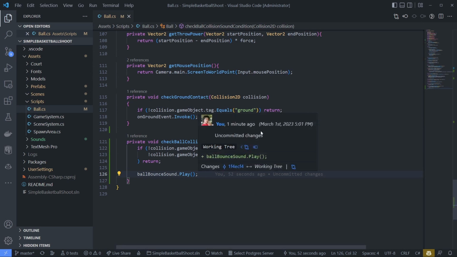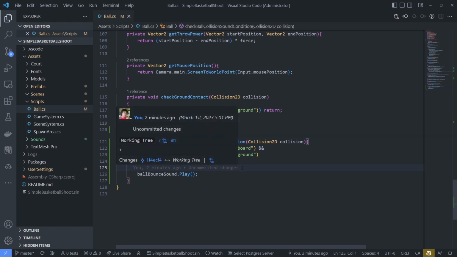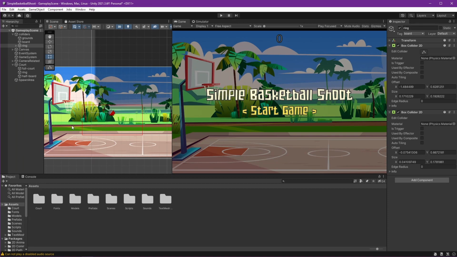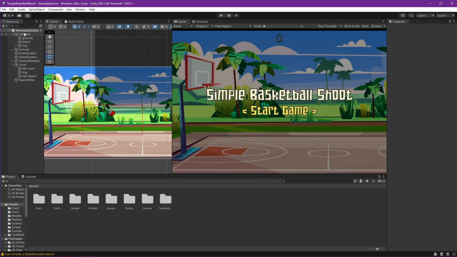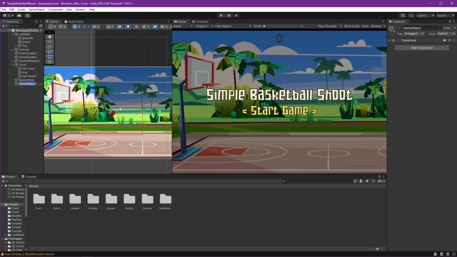which is instantiate the audio object. Right now we just play the audio, and now we will create the audio object. Let's do that first. Go to the Unity editor, and here we can create new object, create empty, and here we can name it ball bounce audio, maybe.